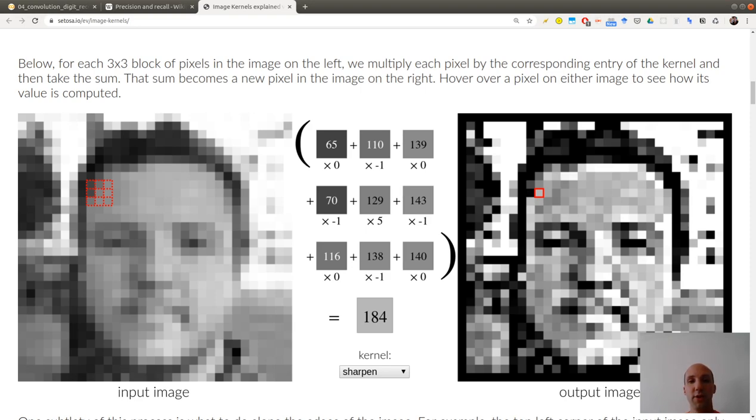So if you move your kernel, you obtain the value of the next pixel, and so on, like this. Okay? So you see that from your input image, by applying this filter iteratively, sliding the window on your input image, you obtain a new image on the right, which has exactly, actually, the same size.